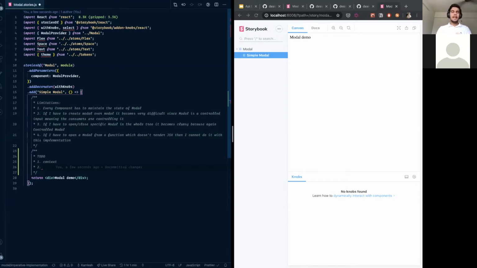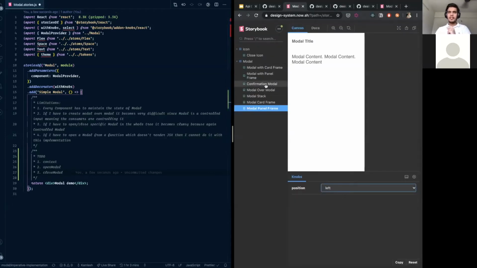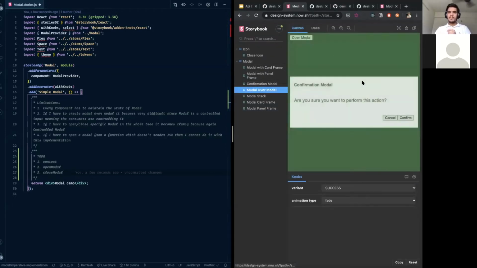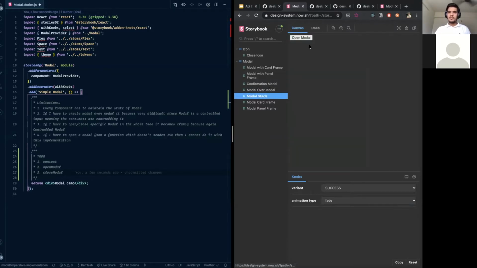So for that purpose, I need something that gives me the functionality of open modal, so I should have a function called openModal. Then, since I have modal open, I should be able to close the modal as well, so I need something which is closeModal. And I also need something for when I'm closing a modal, like the use case that I showed here, maybe modal over modal. So let's say if I click confirm,